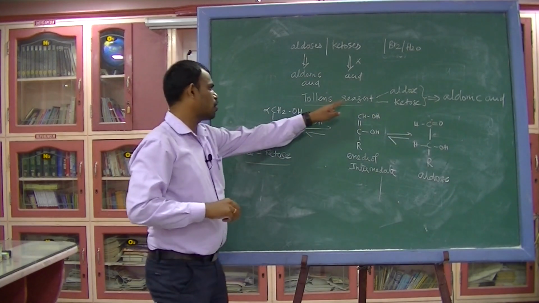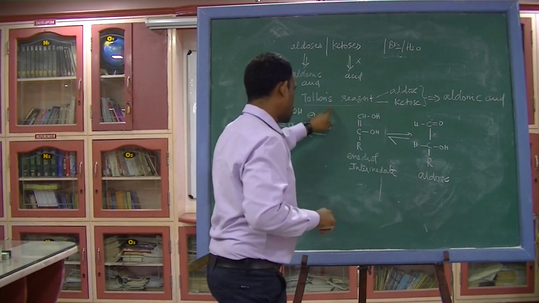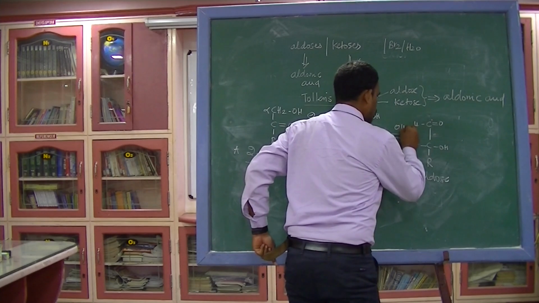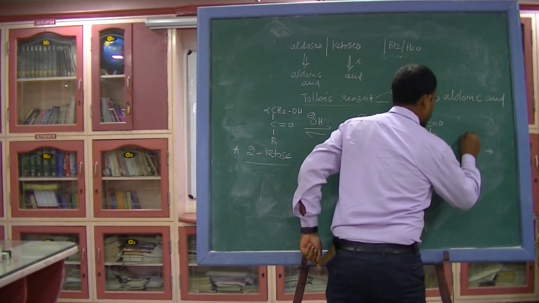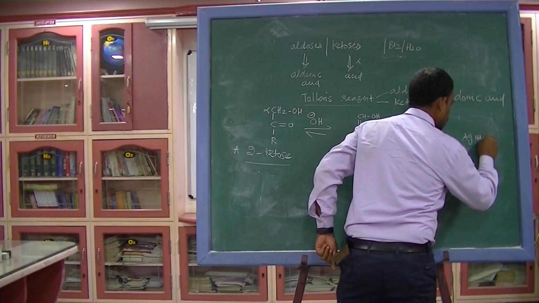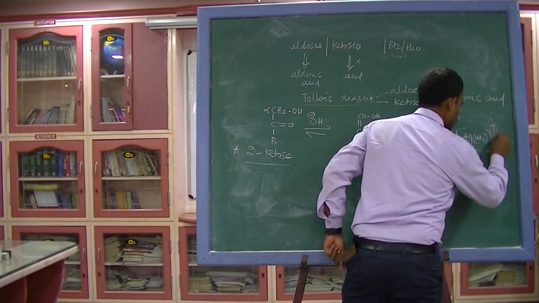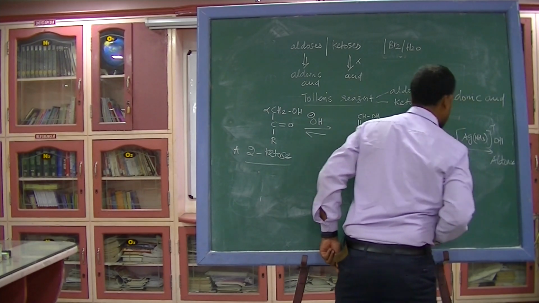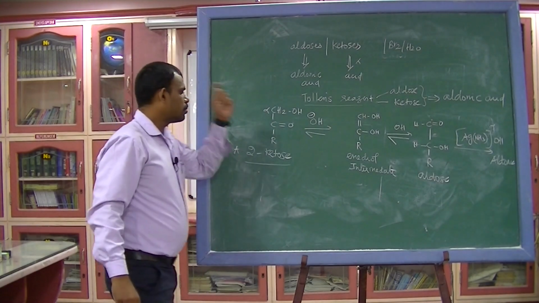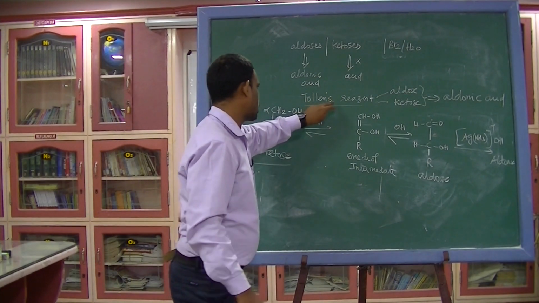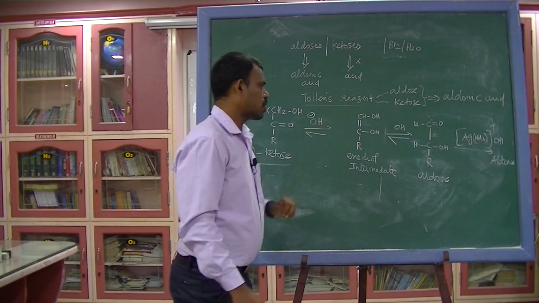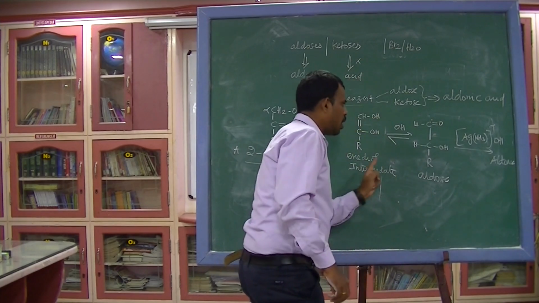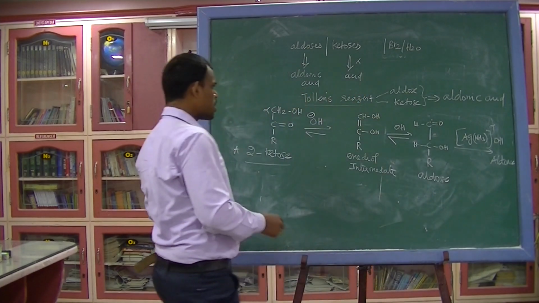That is why we can't distinguish aldoses and ketoses by using Tollens reagent, because the ketoses in the basic medium convert into aldose. If you oxidize this, it will give the corresponding aldonic acids. That is why this is not the suitable reagent to distinguish aldose and ketoses, because the ketoses are converted into aldoses via the diol intermediate. So this is an important reaction.